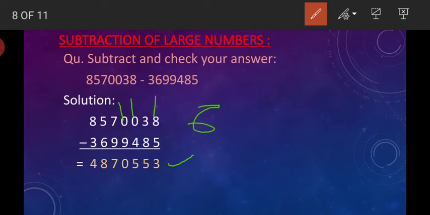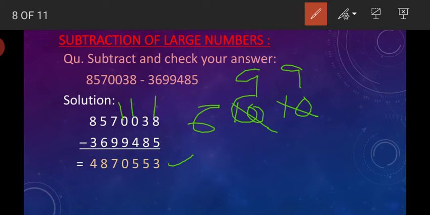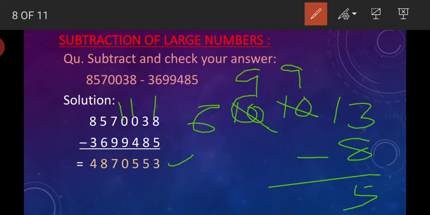It becomes 6. Previous digit becomes 10. Okay. So it becomes 9 and take 1 to the next digit, that becomes 10. It becomes 9 and I have taken borrow to the previous digit, it becomes 13. Okay. So in this way I have taken the borrow from 7 to that 10's place digit, it becomes 13. 13 minus 8 is equal to 5. Okay. So in the second digit you have to write 5 here.